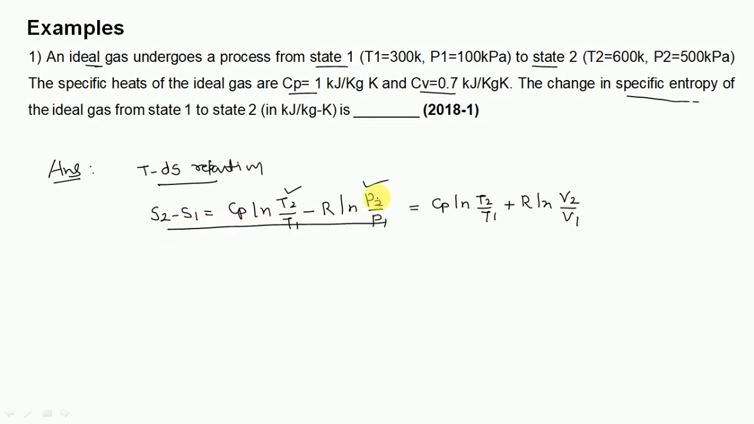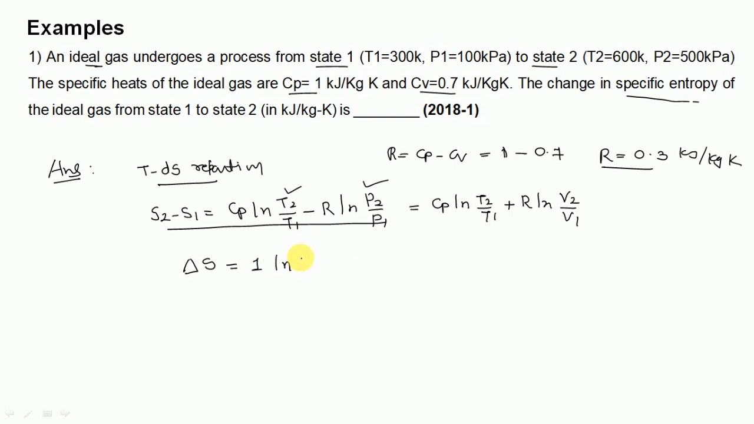Okay, and here the values of Cp and Cv both are given. And we also know the relation R is equal to Cp minus Cv. So here Cp is given as 1 and Cv is given as 0.7. So you get the value of R as 0.3 kilojoule per kg Kelvin. Okay, and the other values are also given. So let's start by finding the value of specific entropy. Delta S is equal to Cp. Cp is 1 kilojoule per kg Kelvin. Then after that we have